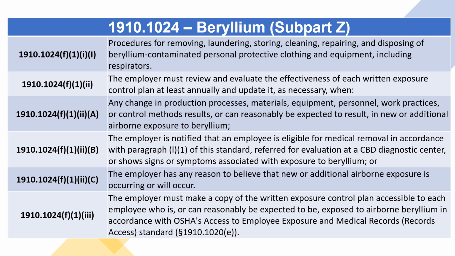1910.1024(f)(1)(ii) The employer must review and evaluate the effectiveness of each written exposure control plan at least annually and update it, as necessary, when 1910.1024(f)(1)(ii)(A) through (C) any change in production processes, materials, equipment, personnel, work practices, or control methods results, or can reasonably be expected to result, in new or additional airborne exposure